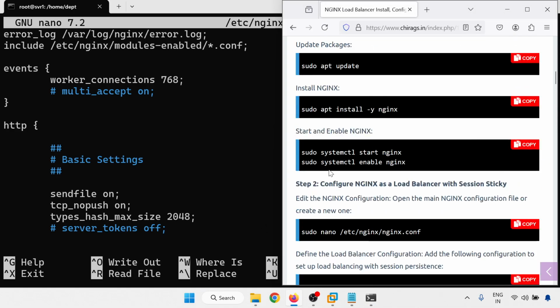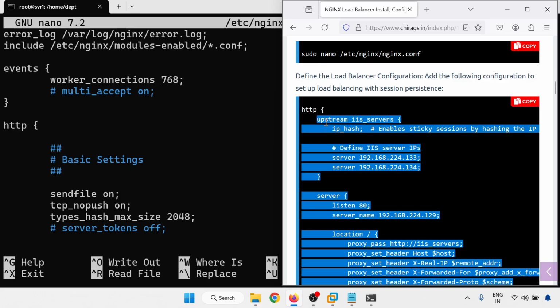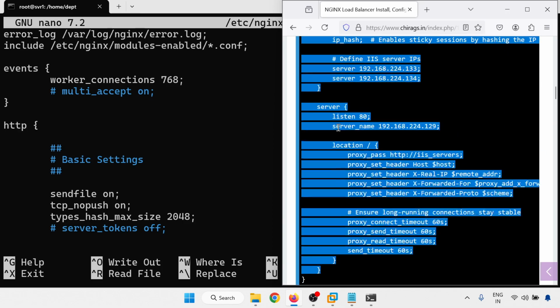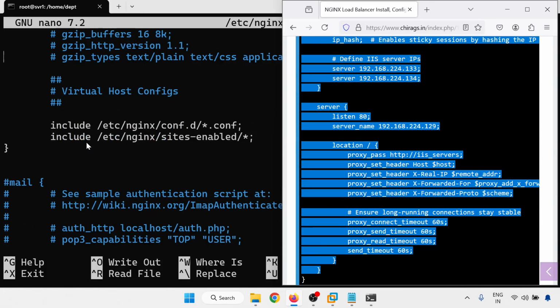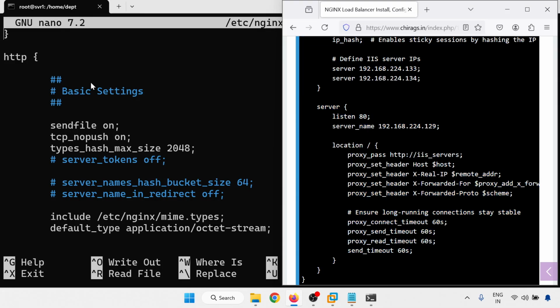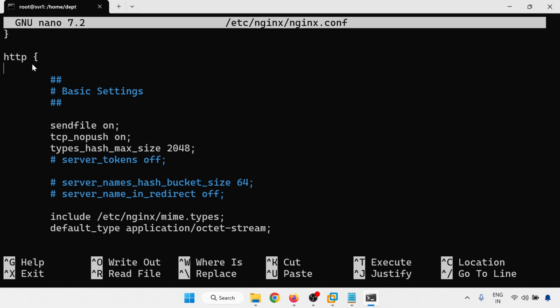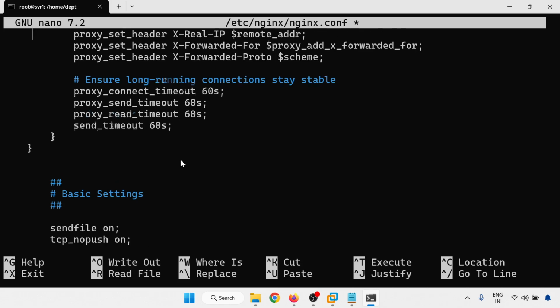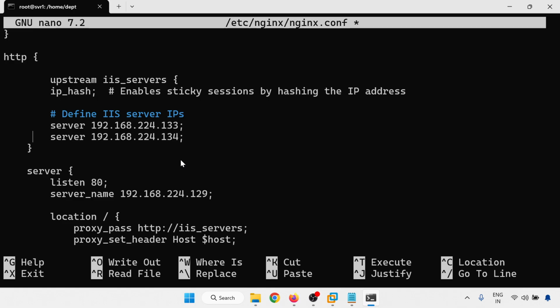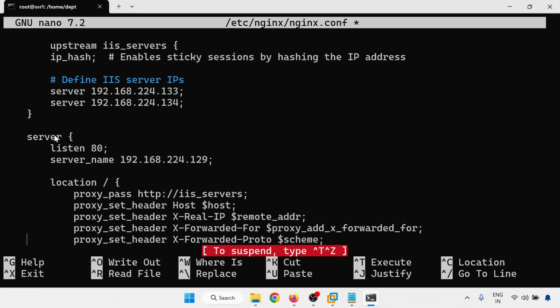Copy. Let me check all the codes. One by one I have to align. Okay, that's not a problem. So here I'm adding